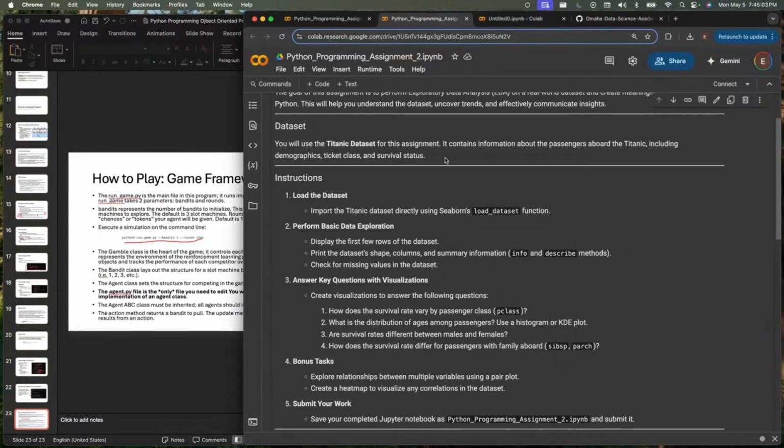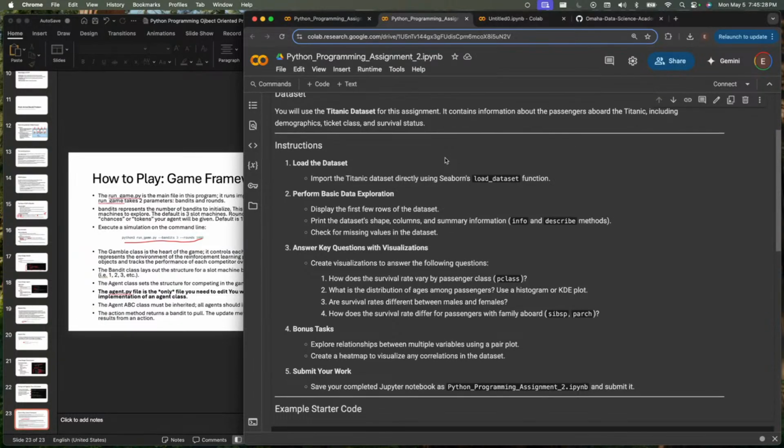In this course, I really tried to minimize that for you so we can have as few complications as possible and just focus straight on the programming. So we're going to use the Titanic data set. It's a very interesting data set. It has all the people who were on the Titanic and contains information on passengers, their demographics, their ticket class, and whether or not they survived.